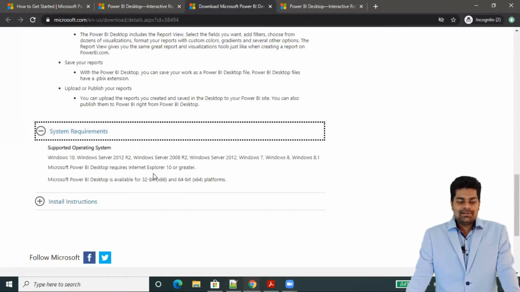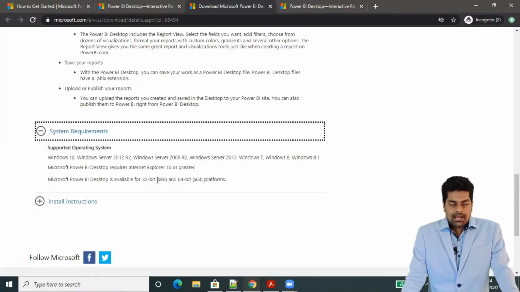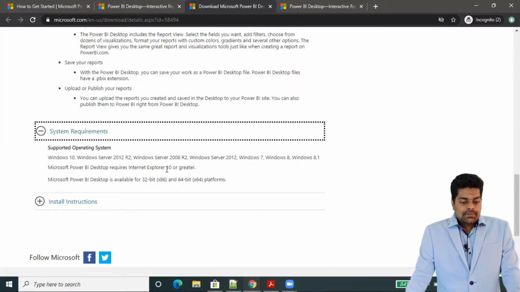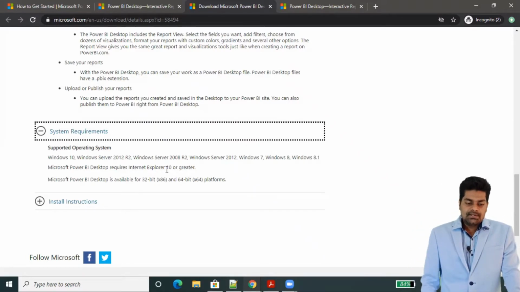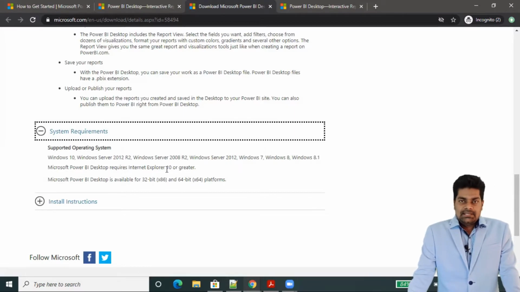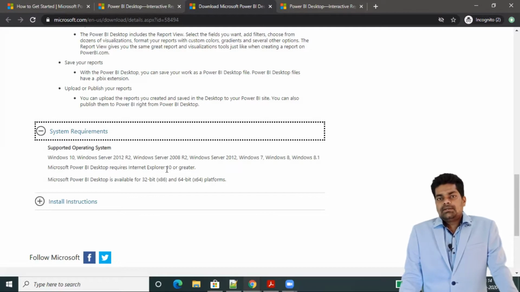And system requirements, if we have Windows OS, Windows 7, 8, 8.1, but I would recommend to upgrade OS to Windows 10.